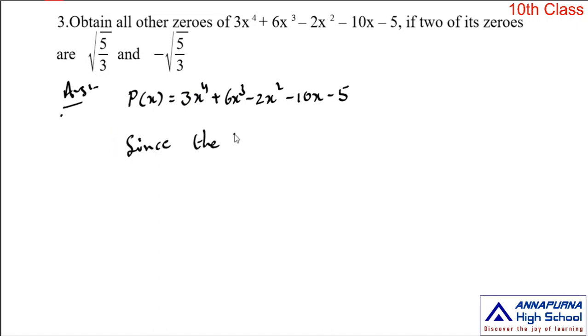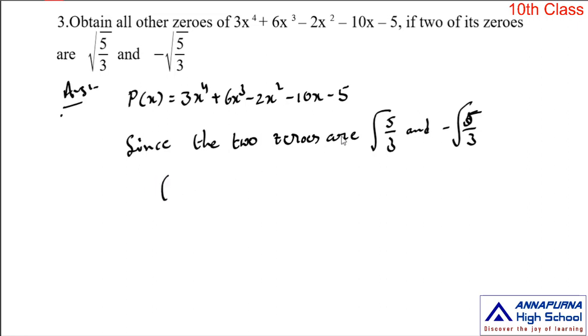Since the two zeros are root 5 by 3 and minus root 5 by 3. Okay, so if these two are the zeros of this polynomial, then what are the linear factors of this polynomial? One linear factor: root 5 by 3 is one zero value of this polynomial. That means x minus root 5 by 3 is one linear factor of this polynomial, and